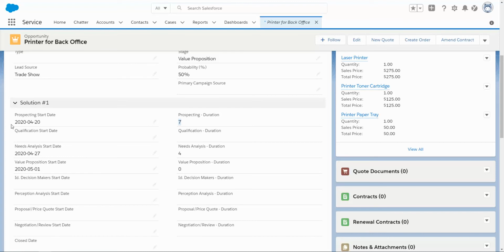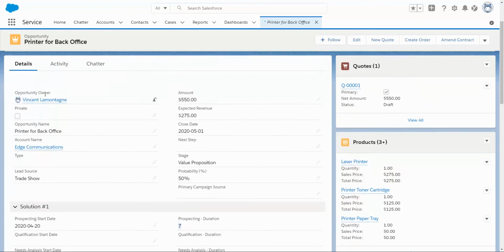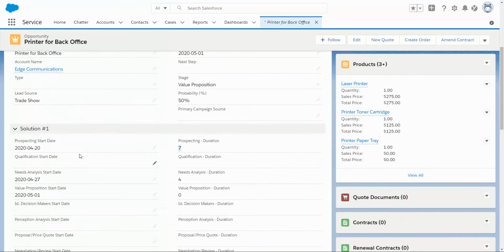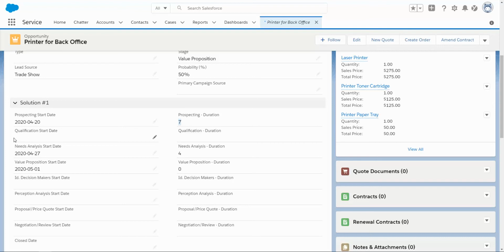If it does have a date here, then we want to look at the one just below. I put them in order, so from top to bottom here is the same as from left to right here. So we want to look at the next stage. Is there a start date on qualification? If so, then we do that date minus this date, and that's the number you'll see here. If not, then we look at this stage here. If there's a start date, then we do this one minus this one, and we see the number here. So again, the 27th minus the 20th, very simple. Yes, it does equal 7. If there were no start date here, then we would look at this one, and so on down the list